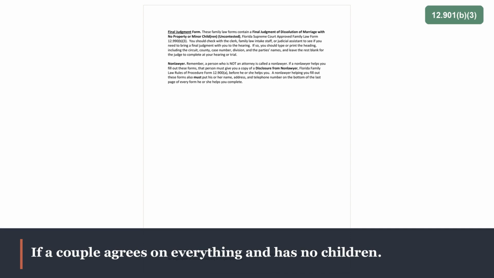Form 12-901A, may move faster since both spouses sign it together and both attend a single hearing. But that process requires giving up the right to request documents from the other spouse, to a trial, and to